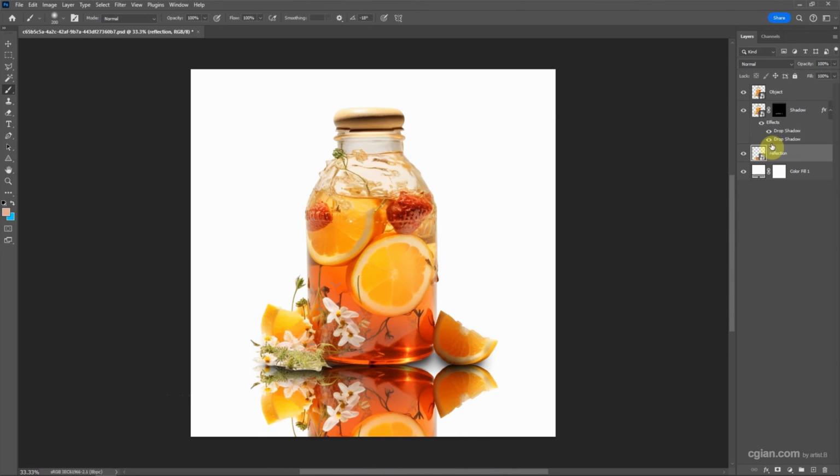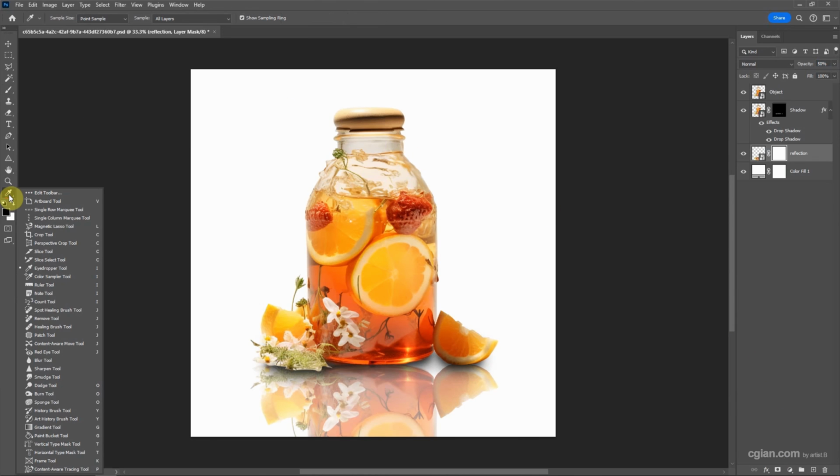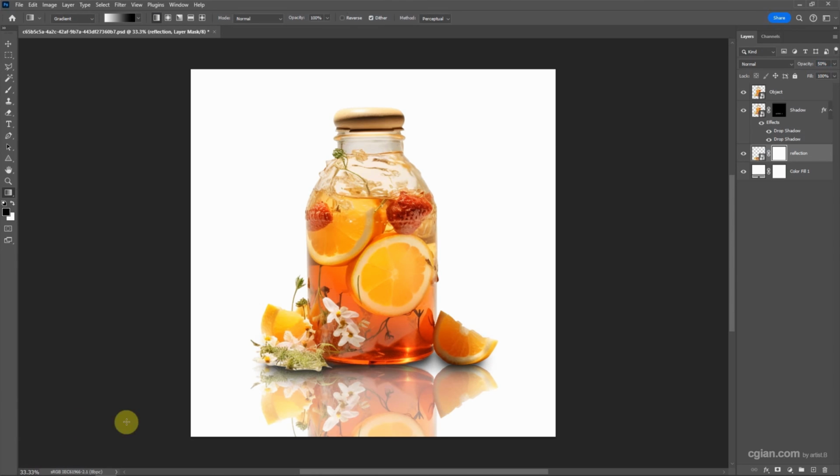And then we can change the opacity of the reflection. I will use 15, and then we can add the mask. And I fill the gradient, go to the three dots and click and hold. We can use the gradient tool and make sure that the gradient is from white to black. And then I click and drag to make a changing of the gradient.